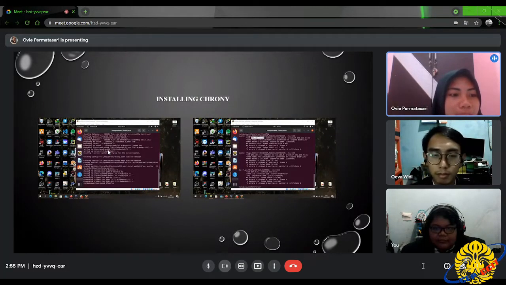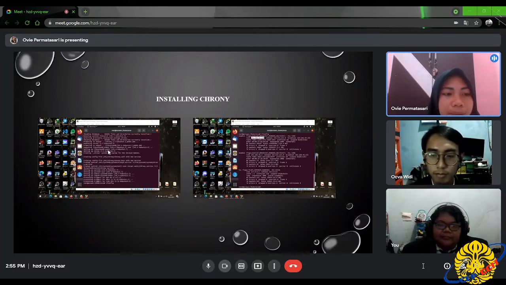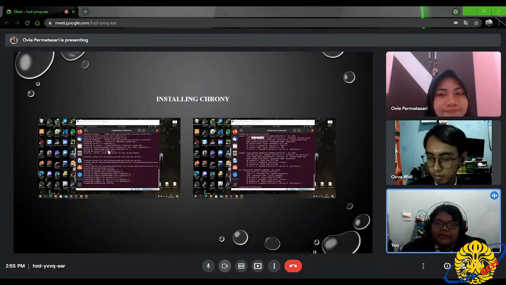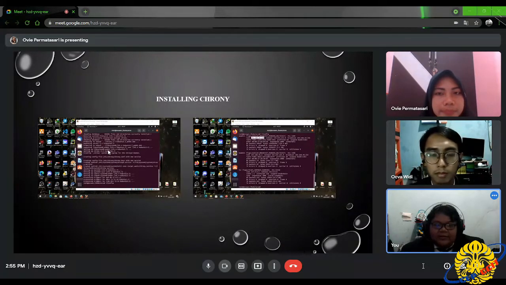After installing Chrony, now what we do is check what IP we got on the enp0s3 interface with the ifconfig command and then press enter. Now we know what IP we have, which the author has highlighted. That IP will be used to access our NTP server later so that it can be accessed locally.